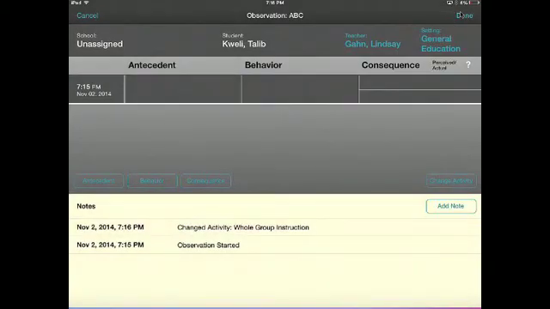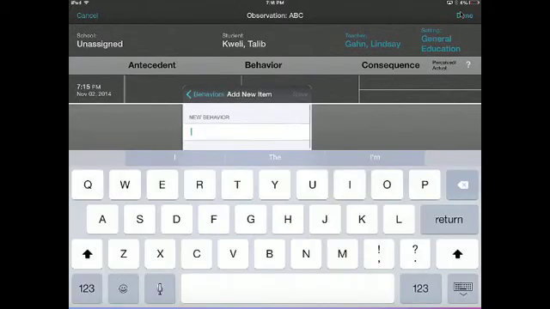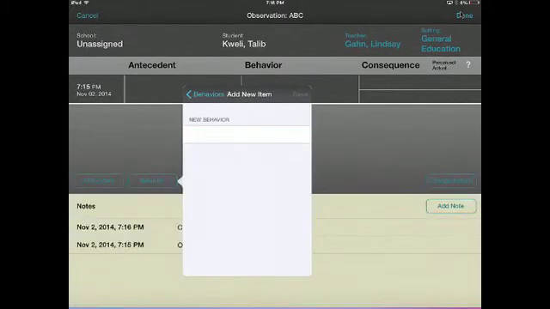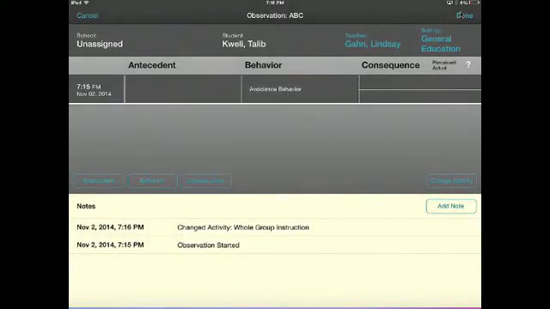When a behavior of interest occurs, select Behavior, and select a behavior from the drop-down menu. The behaviors in the drop-down menu are general. You can add specific behaviors by touching the plus sign and adding any specific behaviors observed. Specific behaviors entered are saved for each individual student to increase efficiency and purity of data in future observations of